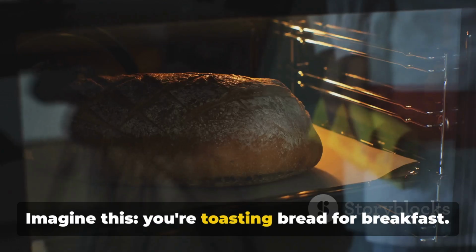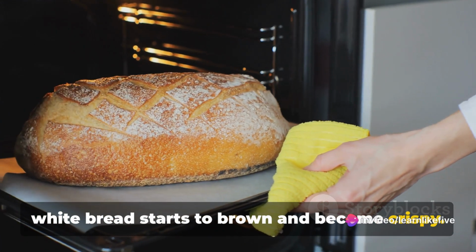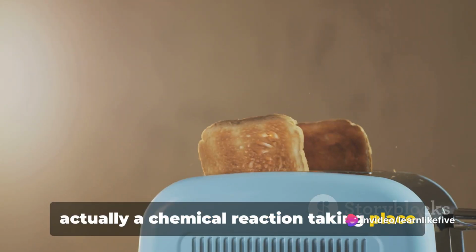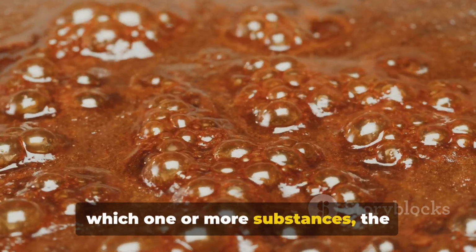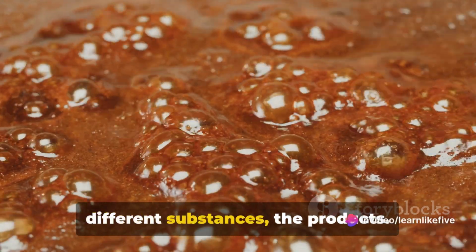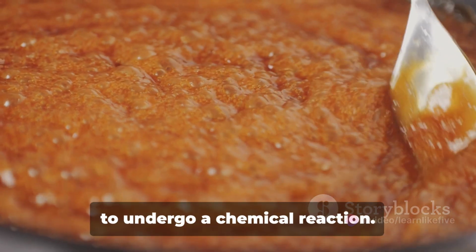Imagine this: you're toasting bread for breakfast. As the toaster heats up, the once soft white bread starts to brown and become crispy. This simple everyday phenomenon is actually a chemical reaction taking place right in your kitchen. So what exactly is a chemical reaction? It's a process in which one or more substances, the reactants, are converted to one or more different substances, the products. In our toast example, the heat from the toaster is causing the sugar in the bread to undergo a